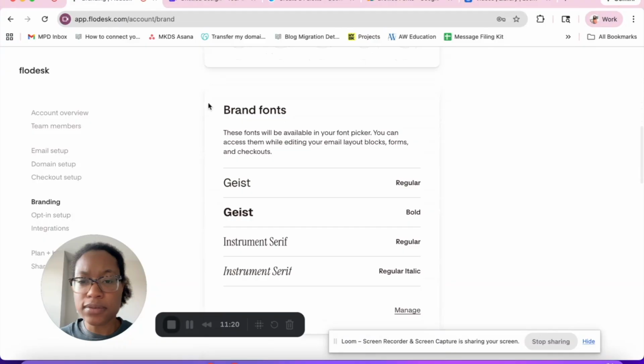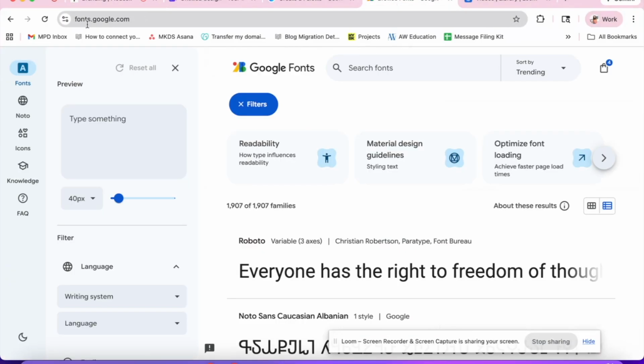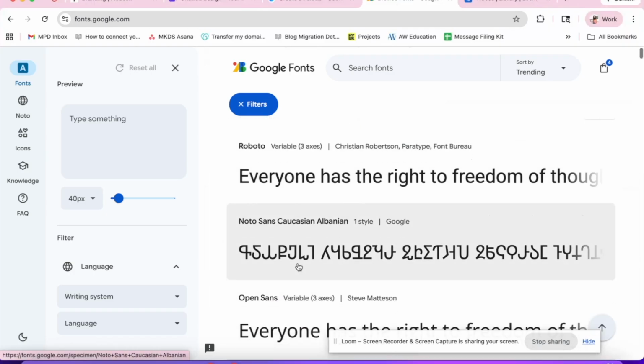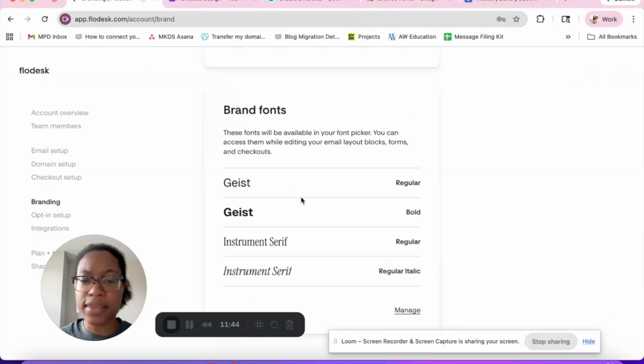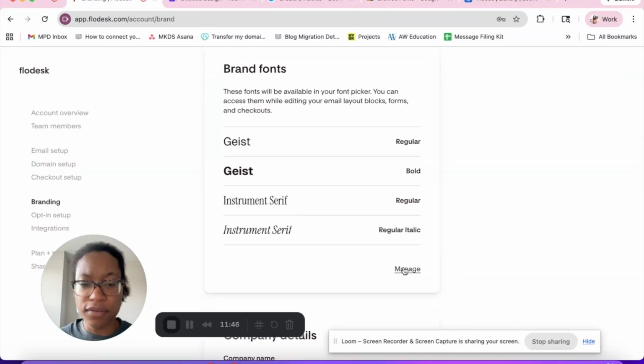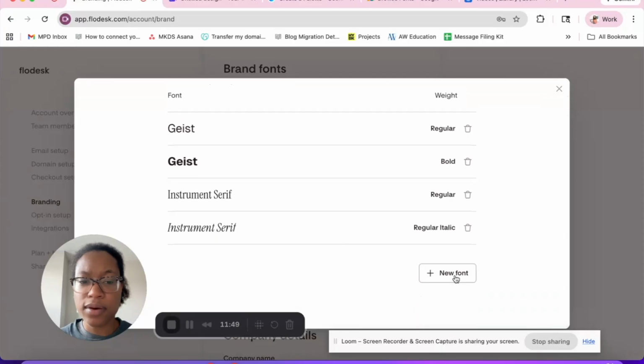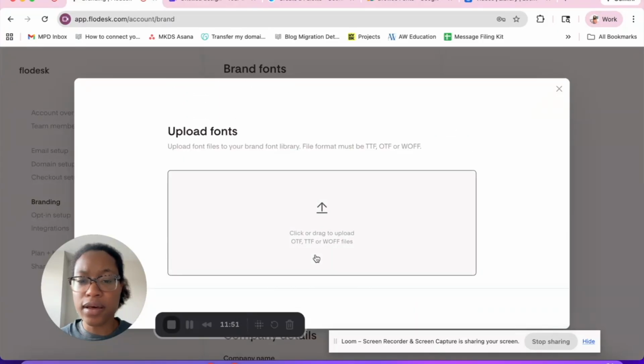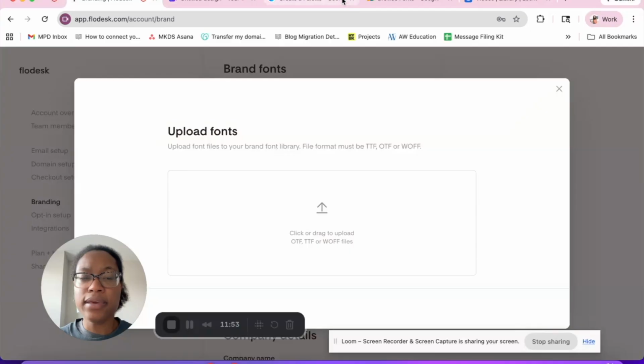And then you'll also want to list out your brand fonts if you have those. Google fonts are usually easiest to use because they're free and you can use them on most email and website platforms. So if you go to fonts.google.com, you can browse their whole library, and then when you're ready, if you come into Flodesk and click manage, you go to new font and you can upload the font files that you downloaded from Google Fonts, and then